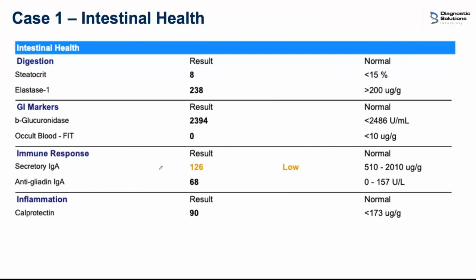So for her, I would give immune support. I would probably give immunoglobulins, and in the long run, I would be healing the gut lining. I'd be healing the bladder lining. Now here, digestion is not flagged, but